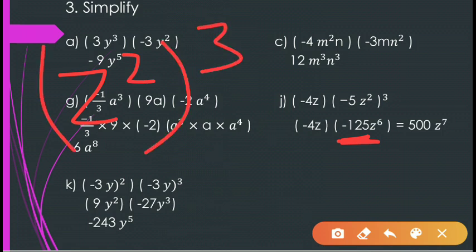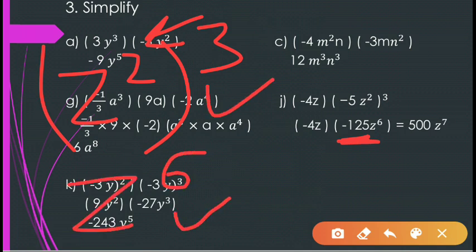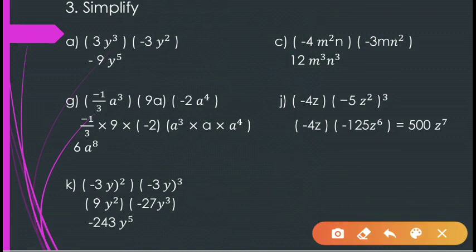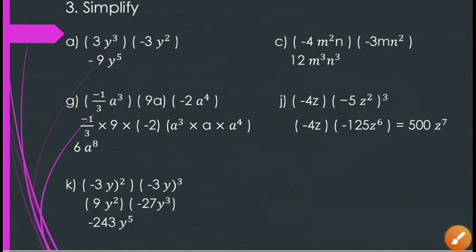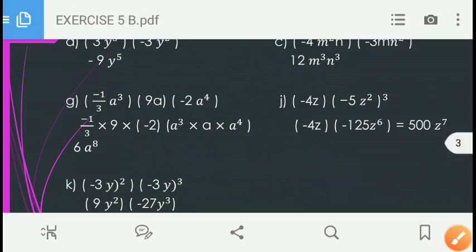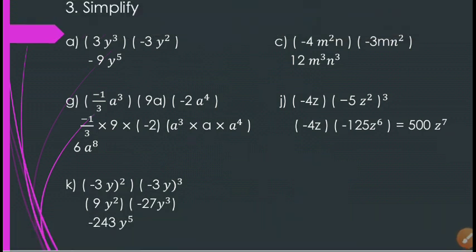Learn all the laws of exponent. You have to multiply the power, so z to the power 6. Now, when you simplify it, you will get this. Don't make the mistake of first multiplying and then cubing it. No. Cube is only of the bracket, minus 5z square. So first of all cube it and then multiply it.